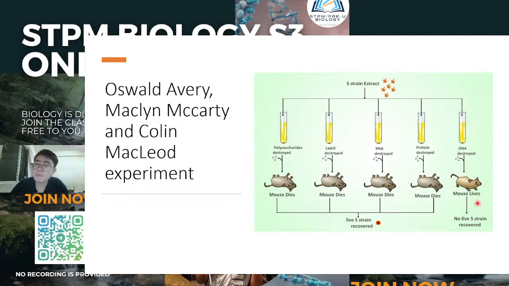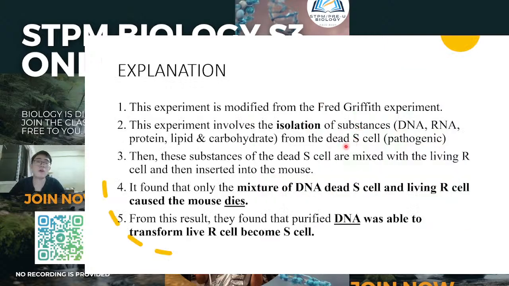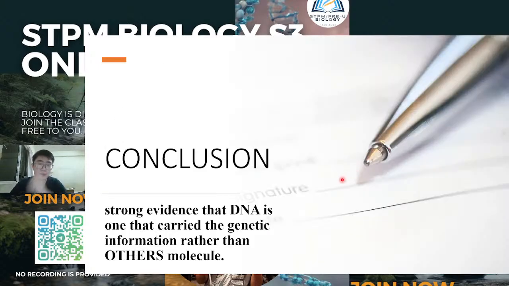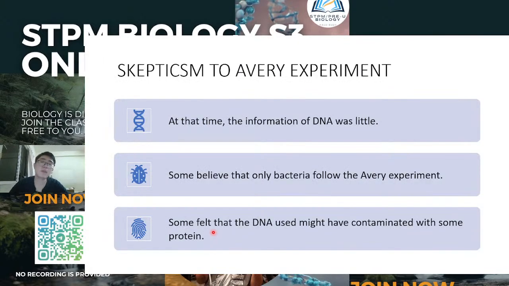So they concluded that DNA is the heritable material that can transform the cells into the pathogenic form and make the mouse die. Why? Because when we destroy DNA, the mouse survived. So this is the overall experiment. Okay, so this is the explanation. It gives strong evidence that DNA is the one that carries the genetic information rather than other molecules. However,